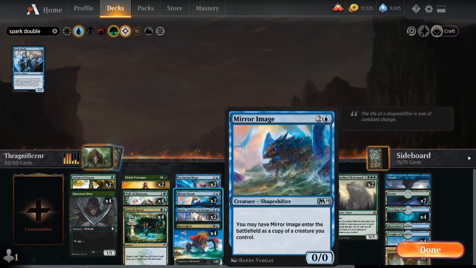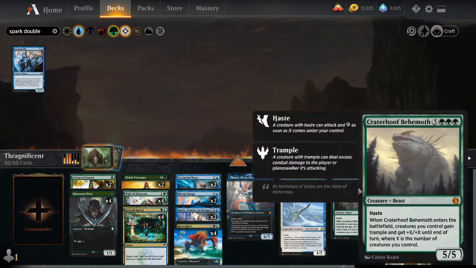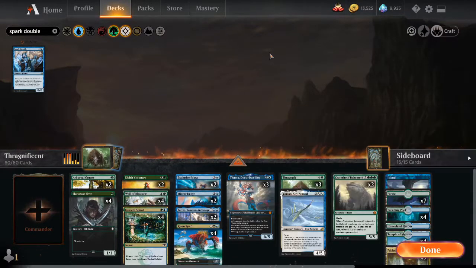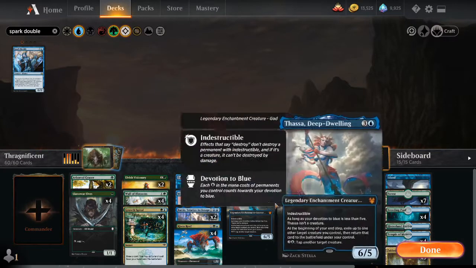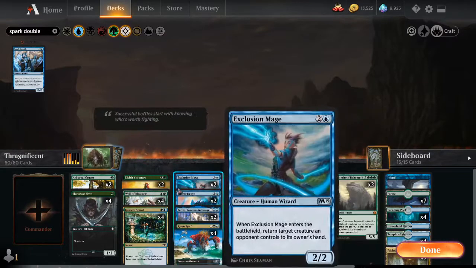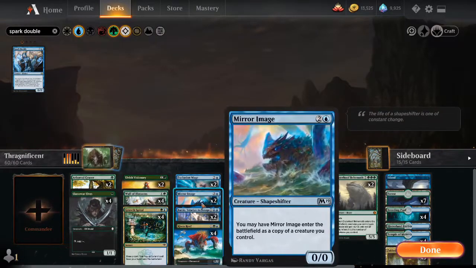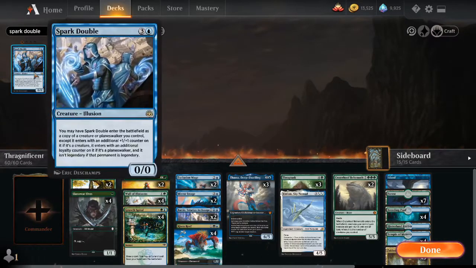It still has the same tricks as Mirror Image, where we can make a copy of our Thragtusk for reduced mana cost, or make a copy of a Craterhoof for reduced mana cost, but it's just sort of a better version because we do have these legends. Although Mirror Image is an uncommon and Spark Double is a rare, so if you're on a budget, Mirror Image is fine,